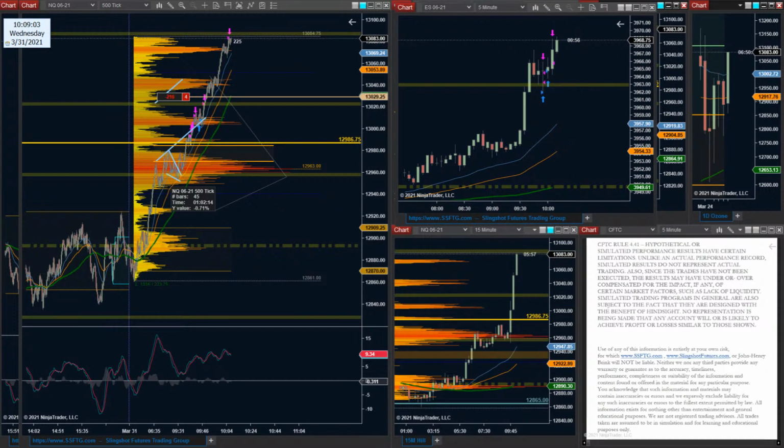NASDAQ 1390 the top. It's possible, but right now we're reaching into a positive 1.5 DP. The beautiful thing about a positive 1.5 DP is that it has an insanely high probability of holding the market down. But the caveat to that is that by the end of the day, it has a very high likelihood of closing below that 1.5 DP. What it does in between there, though, is what can cause the trouble.